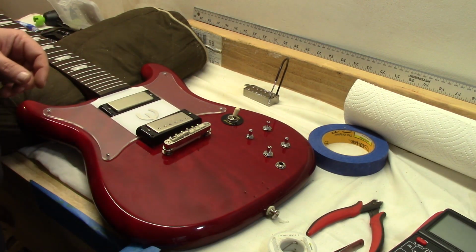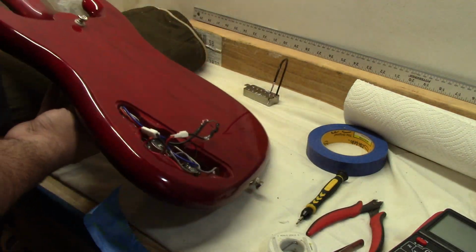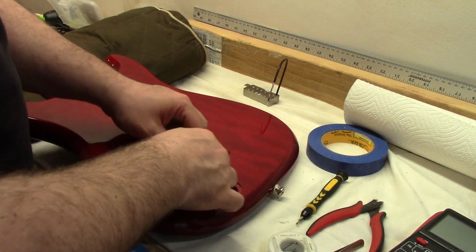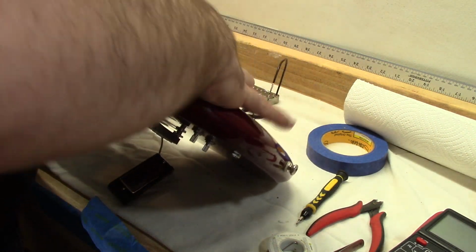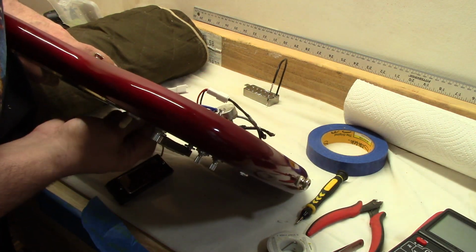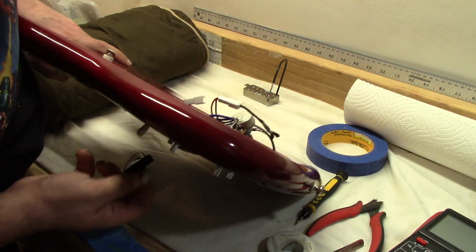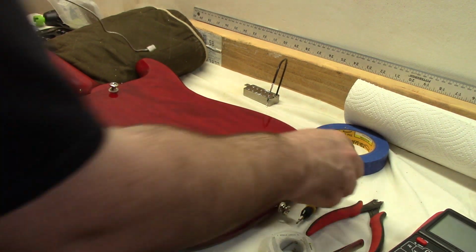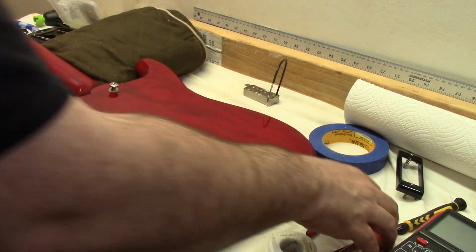Okay. I'm going to disconnect the bridge pickup. And we're going to move this guy out of the way. Oh, that's right. What we did last time is we snipped the bastard. Oh, fuck. Okay. So, let's free this pickup. Okay. And just like last time,